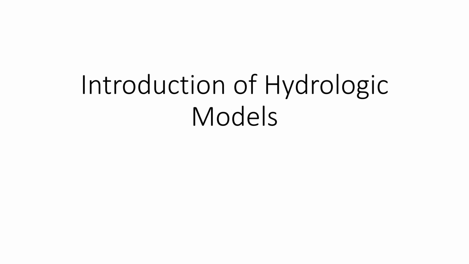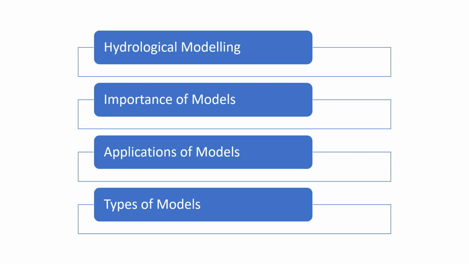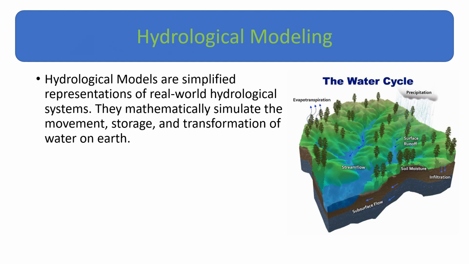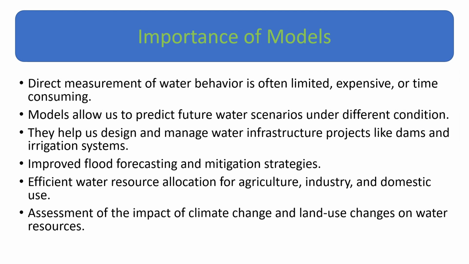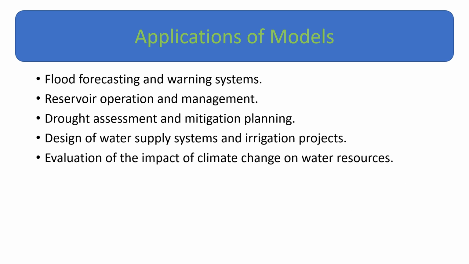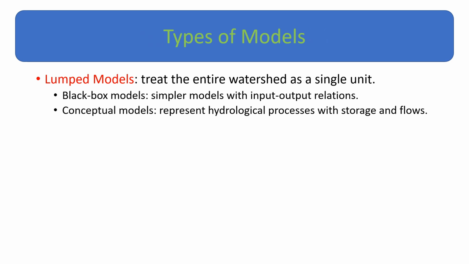Hydrological modeling is the process of representing the complexity of water movement within a specific area using mathematical equations. Simply, it's a way to understand how water moves through various components of the hydrological system, including rainfall runoff, infiltration, evaporation, and groundwater flow. Hydrological models can be applied to small areas such as a tiny stream to a massive river